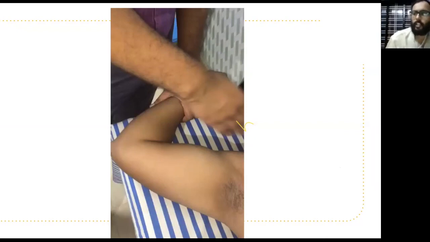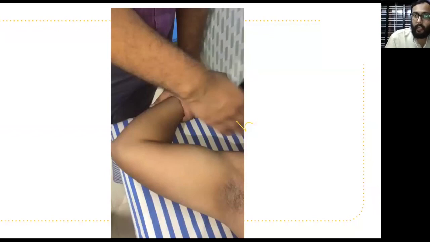In all shoulder dislocation cases, there will be Hill-Sachs lesion and Bankart's lesion. Hill-Sachs lesion means the posterolateral aspect of the head of the humerus is affected while passing through the glenoid rim. Due to that movement, the bony part of the head of the humerus is affected, and that lesion is called Hill-Sachs lesion. And whenever the head of the humerus passes through the glenoid cavity, the glenoid rim is also affected, and it is called Bankart's lesion. Whenever there is shoulder dislocation, there will be Hill-Sachs lesion and Bankart's lesion.